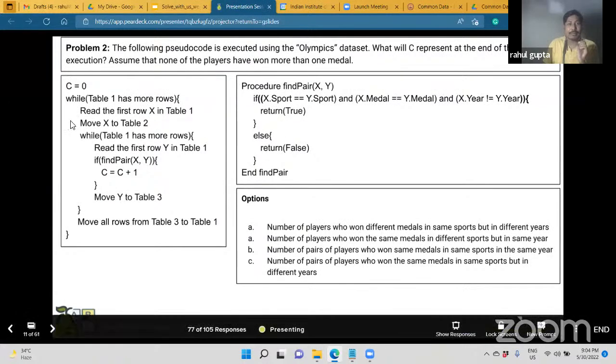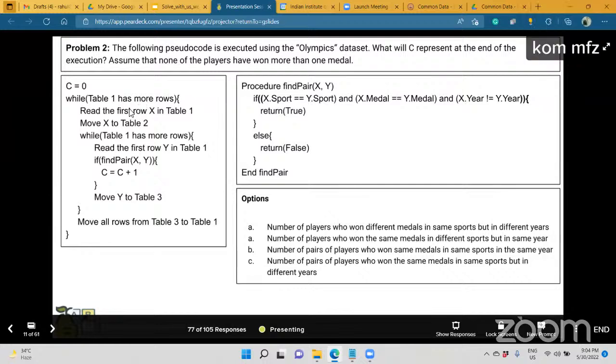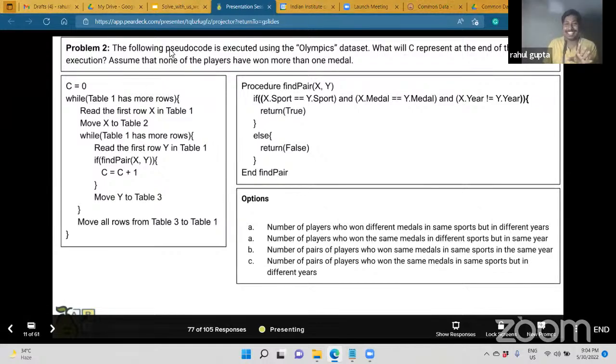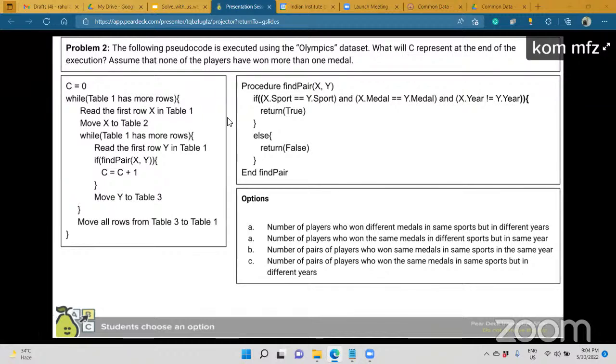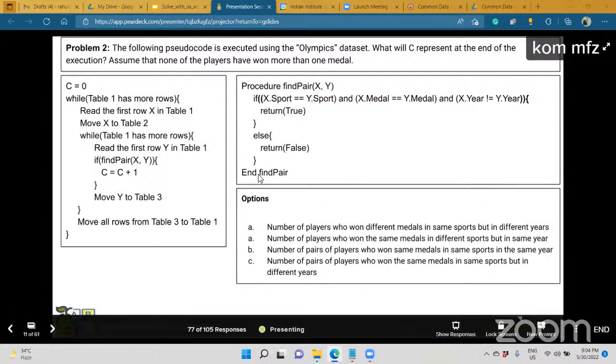Taking the find pair, then we came to the procedure. It's not jugaad, don't call it like that. We just have to look at the find pair thing, then we go to the procedure, then think about what they are asking for. That's the thing. Sir, it's better to take the question.